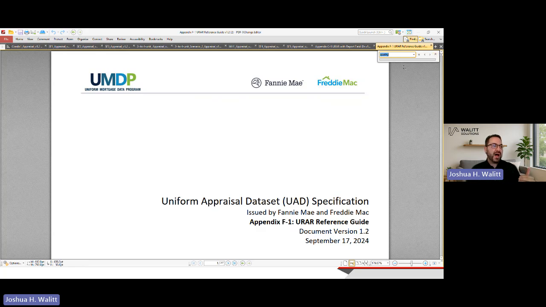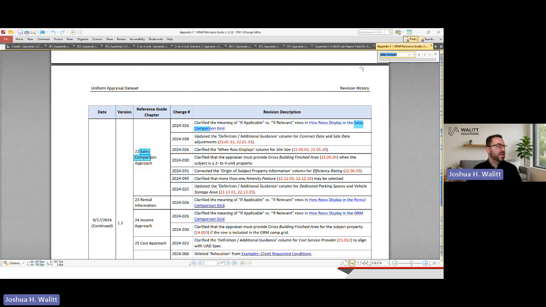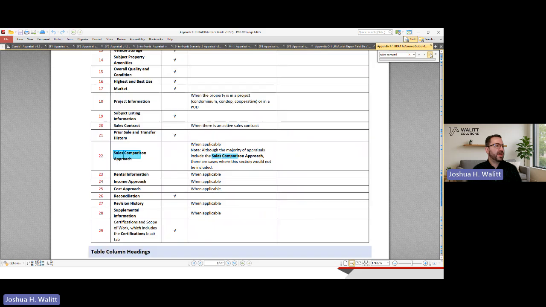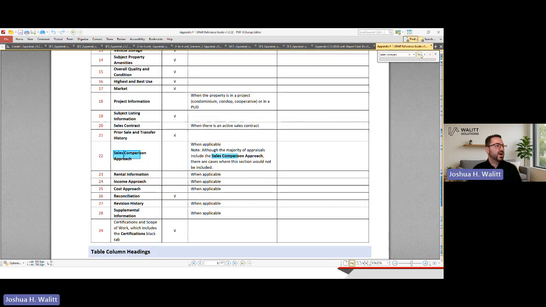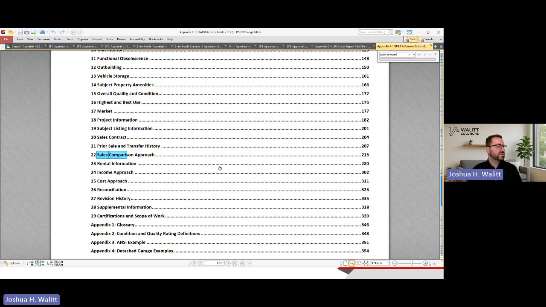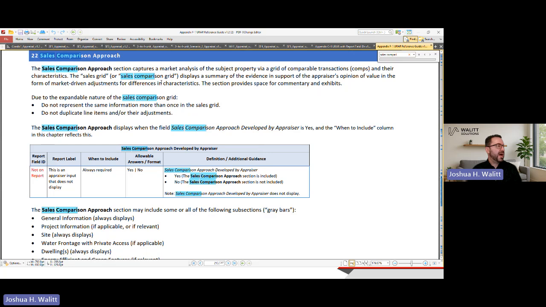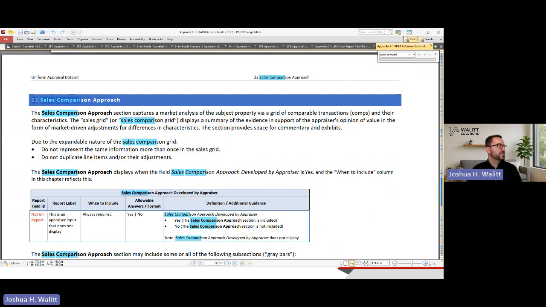All right. So if I wanted to learn about the sales comparison approach, I could go to my F1 and do a search for the sales compara. I could type it all out, but I'm just looking for that string. This is showing revisions to this document and things. I'm going to get through that. We see it's in the table of contents. We could go there and just click there. And matter of fact, that's what I might do just for demo here. We're going to click into the sales comparison approach. And now I'm in section 22, sales comparison approach.